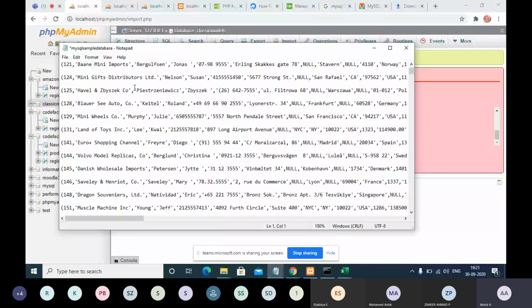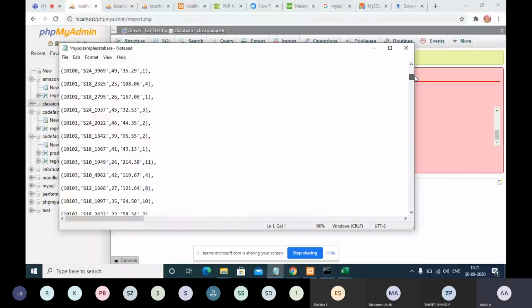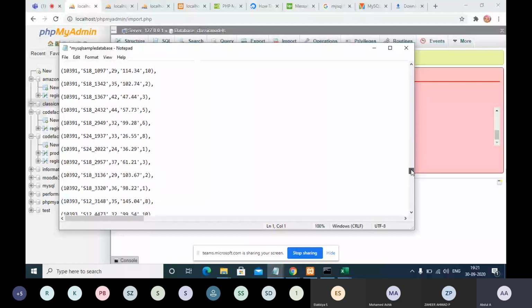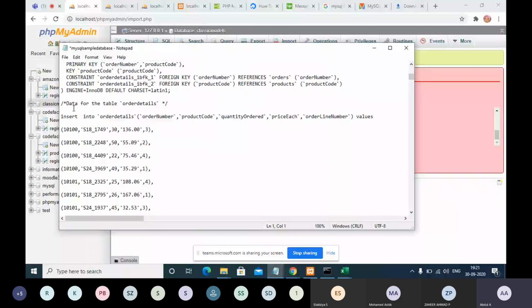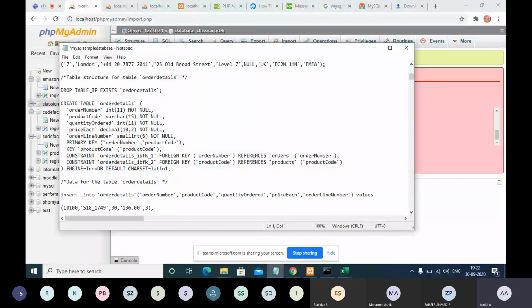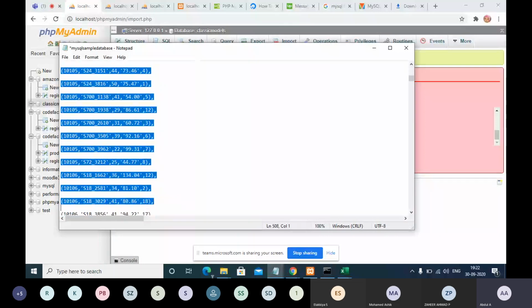And then what are the things, how many products are there? I think many products are there. Okay, not an issue. So what are these things? I think something is not correct. One second. Yeah, data table for order details. Okay, not required now. We can go with the create table order details. Okay. We can simply remove this.